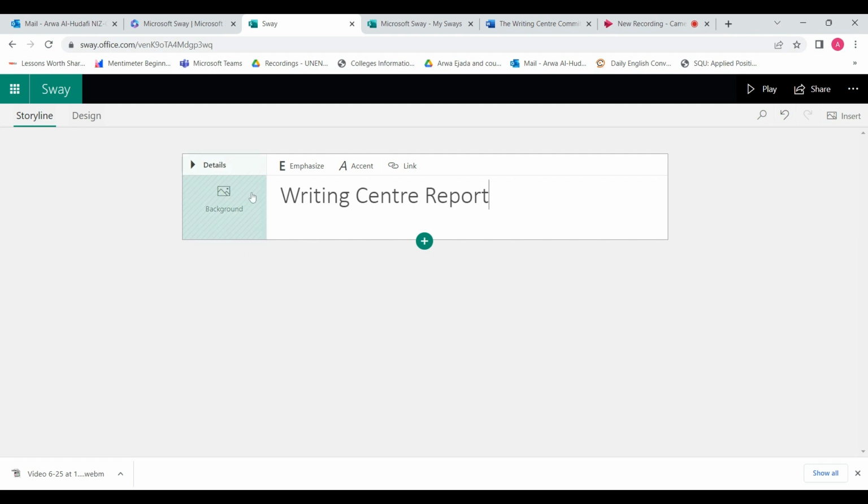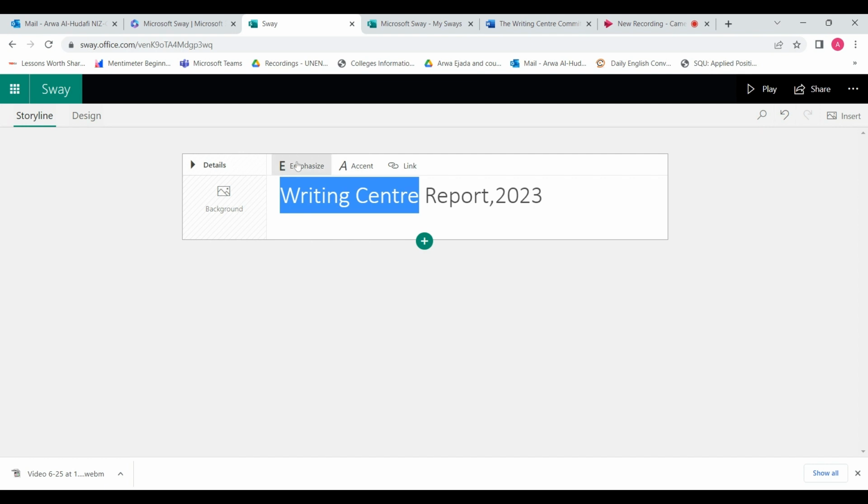Okay, and this is if you want emphasis. So you can select something specific to make it bold, let's say the writing center, or you can add accent, so it's going to be italic, or you add a link to other websites or other files on your computer or in OneDrive,